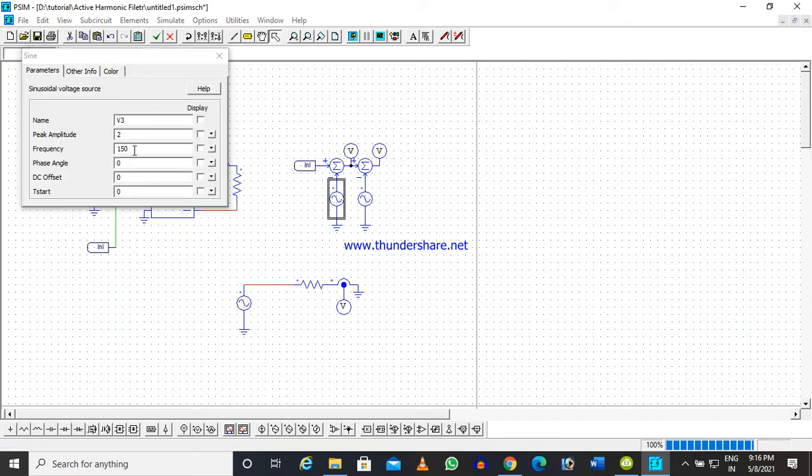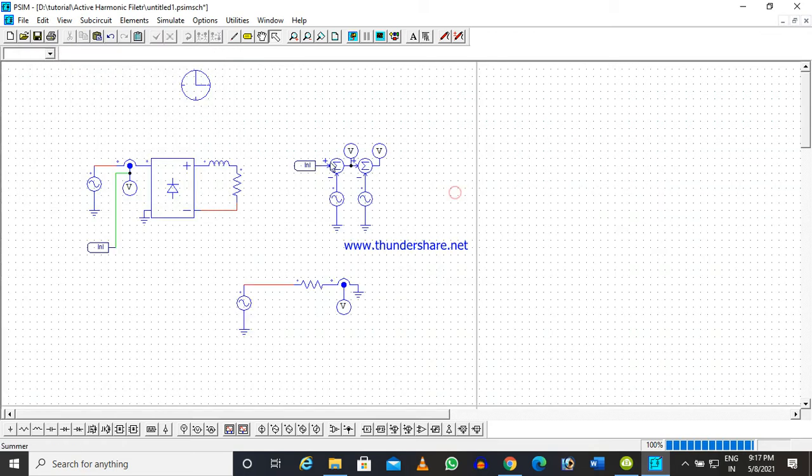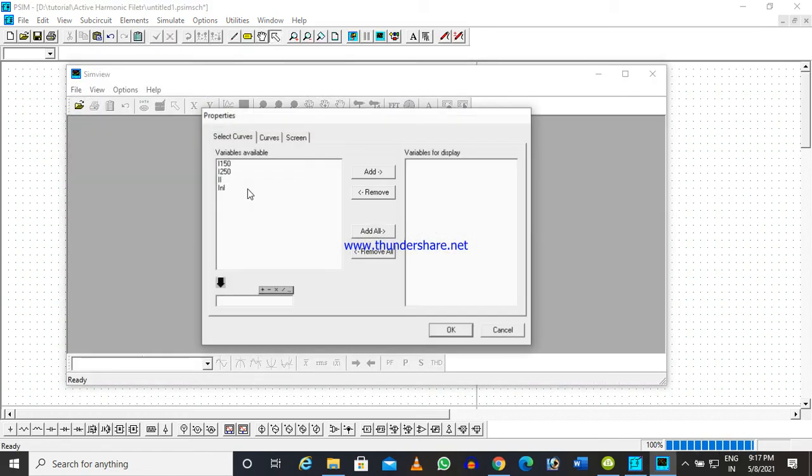As I told, the 150 hertz component has a peak amplitude of 2 ampere, so I have given 2, and this 250 hertz component has an amplitude of 1.2 ampere, so that too I have subtracted. Now let us see the comparison. This is my actual